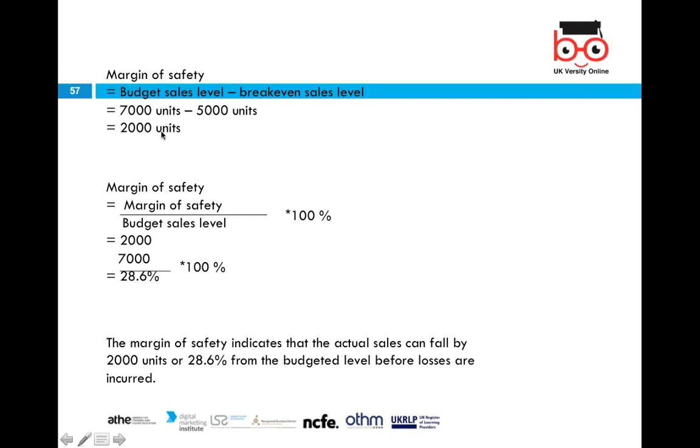That means the margin of safety indicates that the actual sales can fall by 2,000 units or 28.6% from the budgeted sales level of 7,000 units before losses are incurred. So that's the most important thing when a